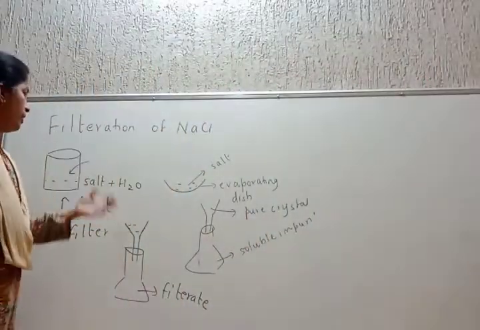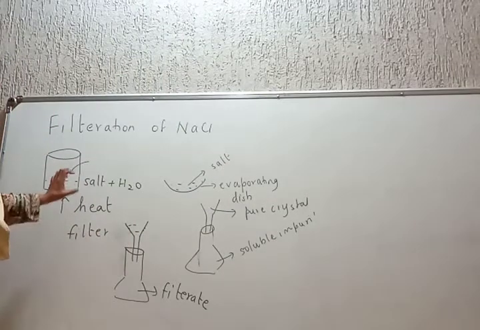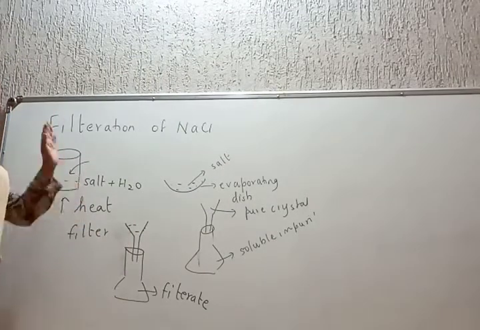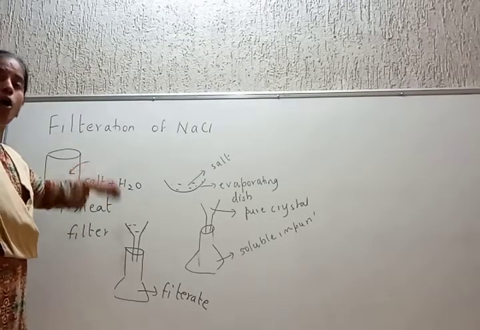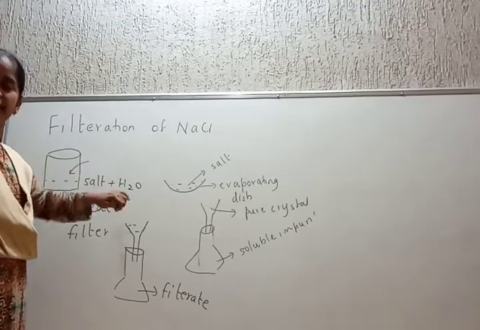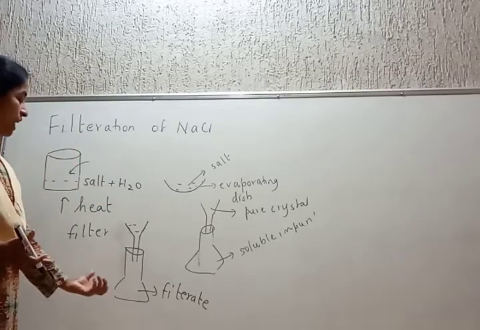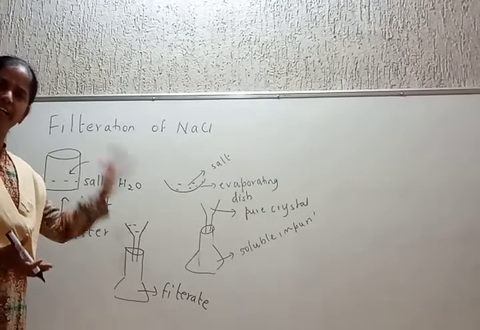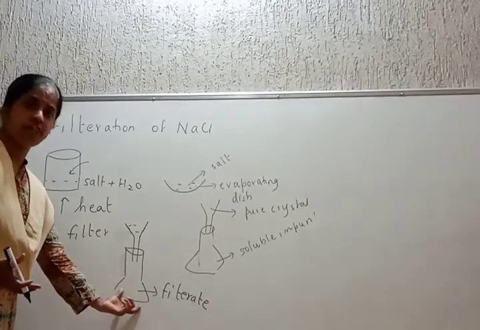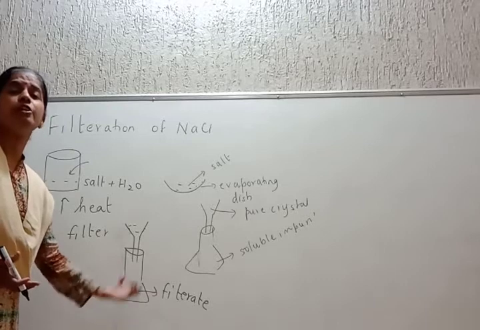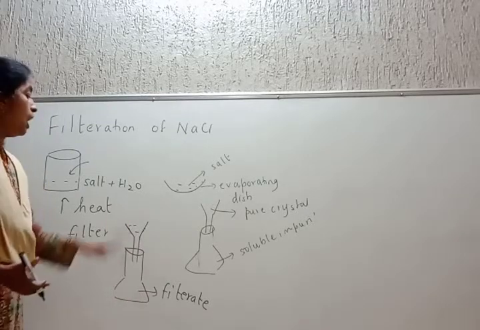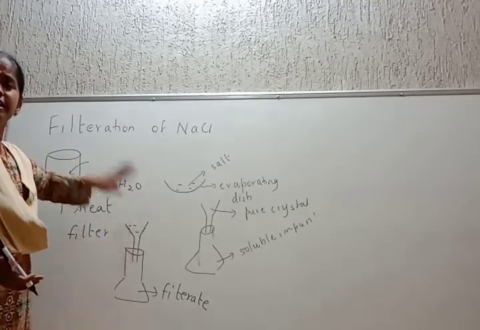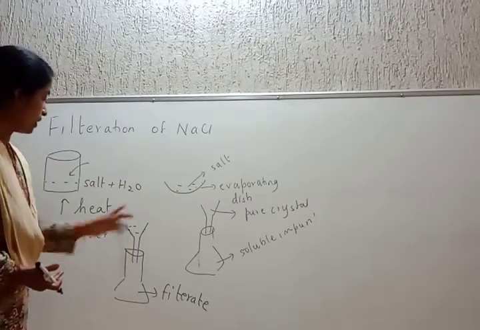Very easy. Take a beaker, add water, add salt, stir it and prepare a saturated solution. Heat that saturated solution and pour it through a funnel attached with a filter paper. Below the funnel, for the filtrate, keep a beaker or anything. You place a conical flask below the funnel, or a beaker. The insoluble impurities get stuck to the filter paper.